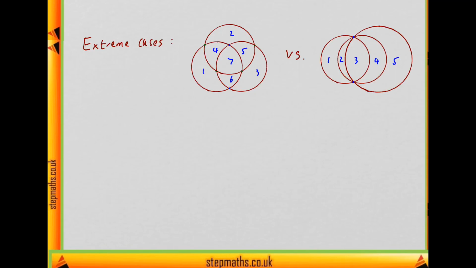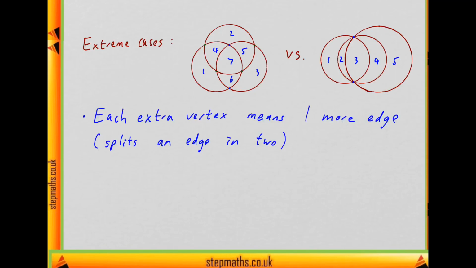Well, since we're doing this for any n, it helps to think about what happens when you add one circle to a shape you've already got. So suppose I add a circle and that means it intersects some of the others, and that means I'm adding extra vertices. And every time I add an extra vertex, I'm adding an edge. So suppose I just had these 2 circles and then I added this third large one. Then that means I added,